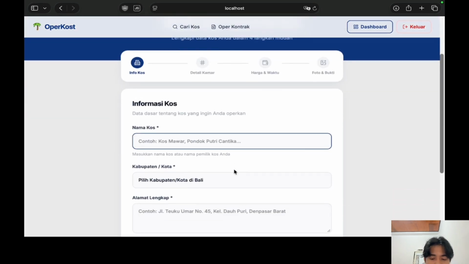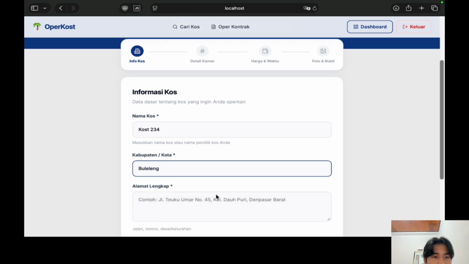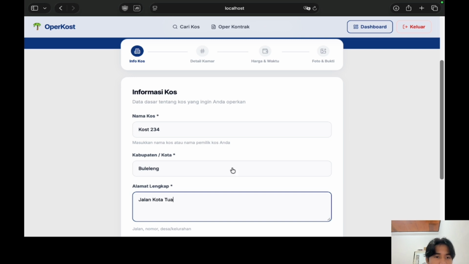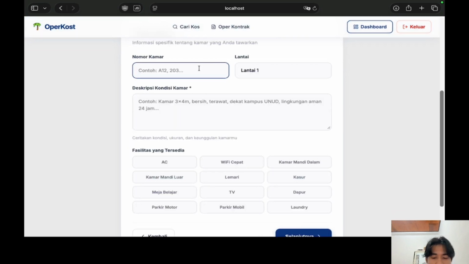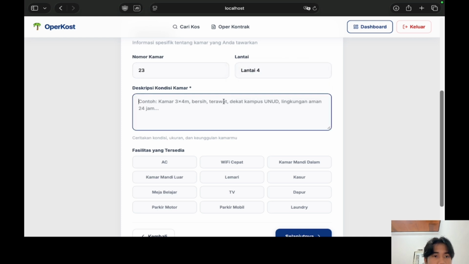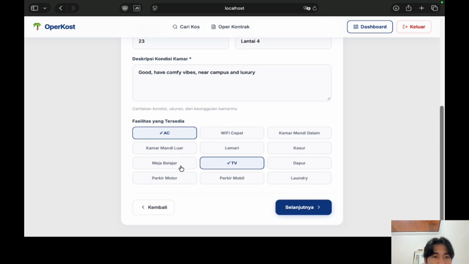Name of the cost, fill in the room number, the floor, the condition, near campus, and luxury, and facilities like AC, TV, parking for motorcycle, laundry.